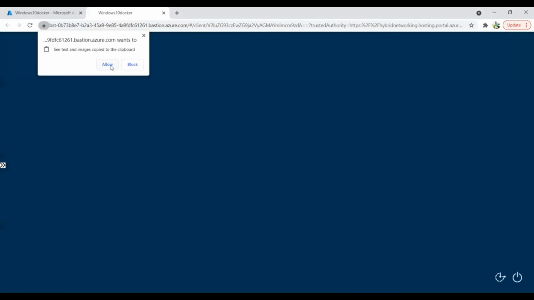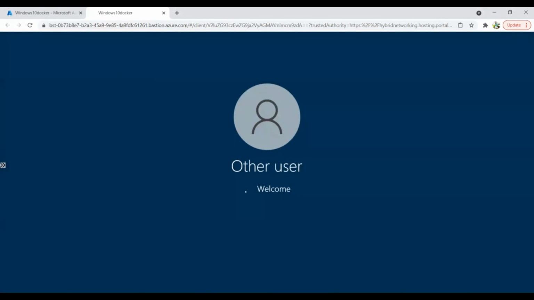And here you can see now I'm connected with my virtual machine by using Azure Bastion. So it's recommended whenever you are going with the cloud platform implementation. So you must secure your remote desktop connection and make sure that your virtual machines and other infrastructure is not exposed over the internet.